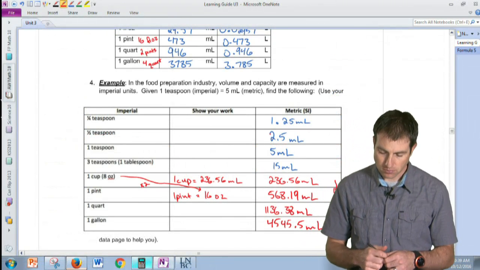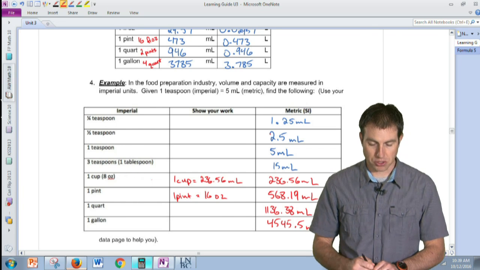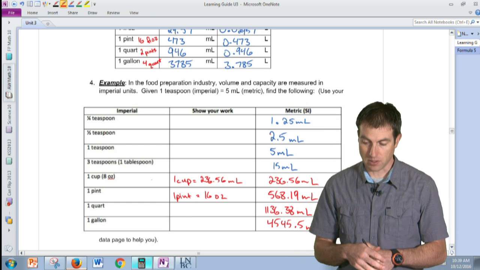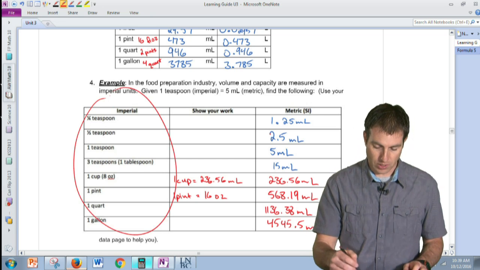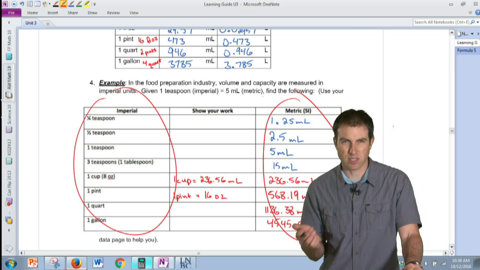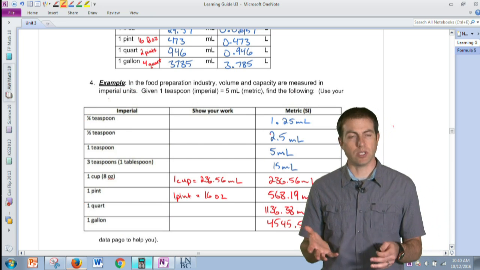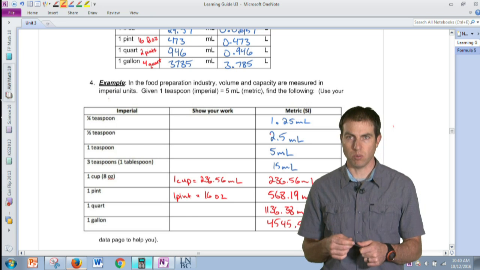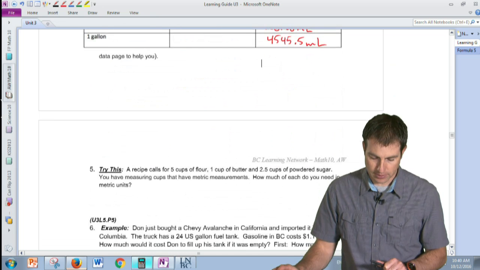Okay, so there you go. That's going to allow you to do just about any volume conversion that you'll encounter in the rest of the learning guide or on the exams and things like that. So you have your imperial column here, you have your metric column here. The conversions aren't really nice and happy. They're kind of decimals and a little bit difficult to follow, but we're just going to do conversions like we've always done them, and it doesn't really matter. We're just going to plug them into our calculators anyways, and we're going to hope we end up where we need to end up. So moving on here,